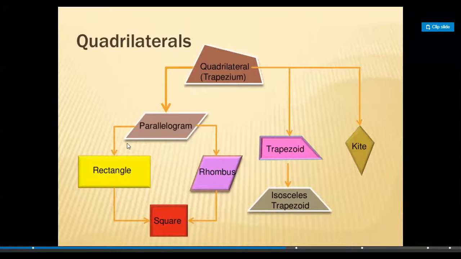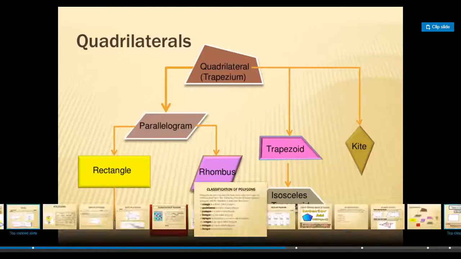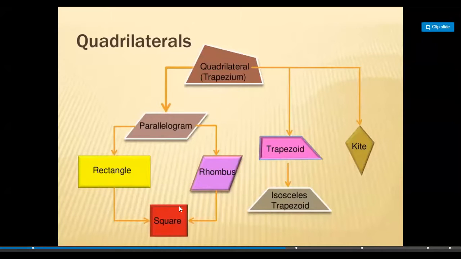Rectangle is also a type of parallelogram in which opposite sides are equal and parallel and each angle is 90. So this is a rectangle. In case of a square, we have all the sides equal, all the angles equal, so it will be a square. In case of the rhombus, we have properties regarding their diagonals also that we will discuss later on when we do the questions, because I will make you write all the properties that are very, very important.